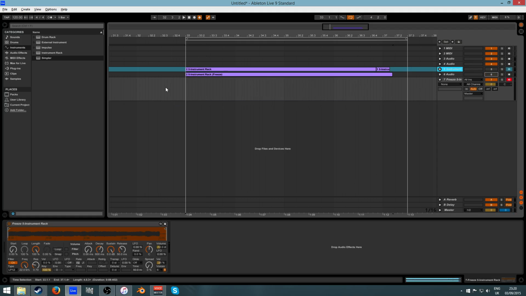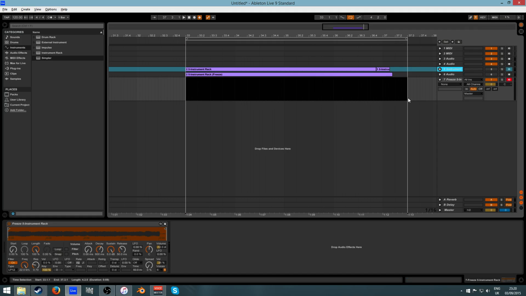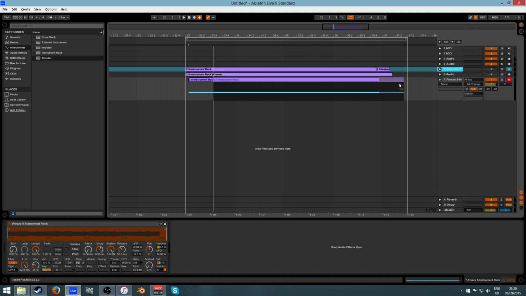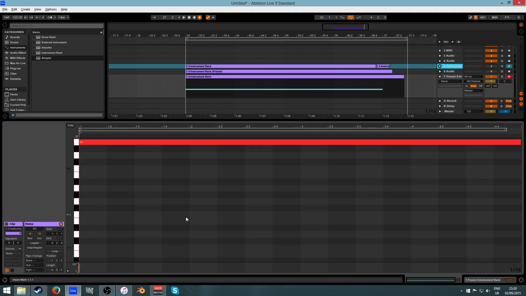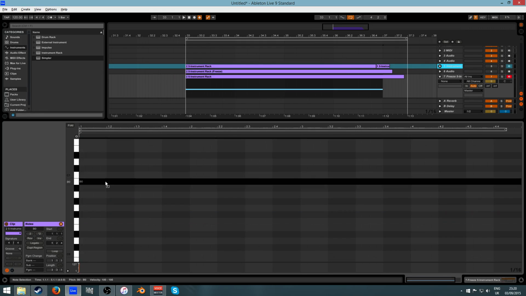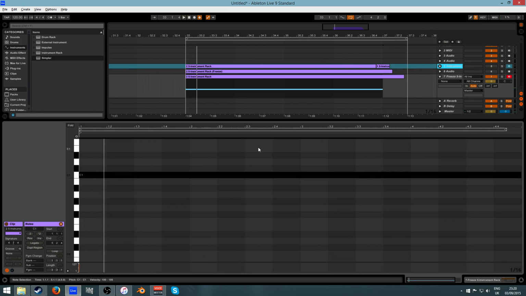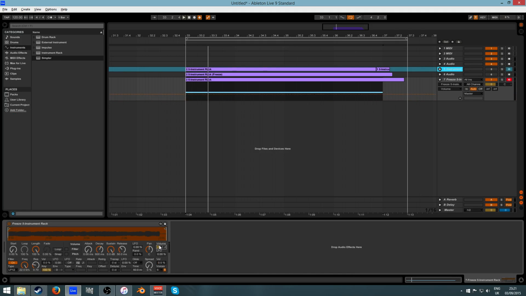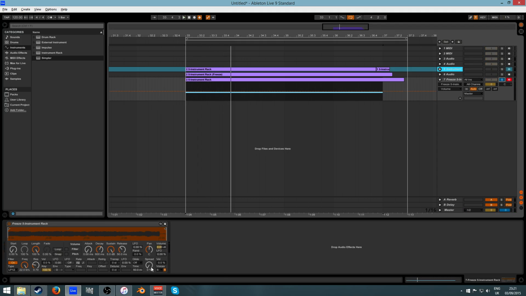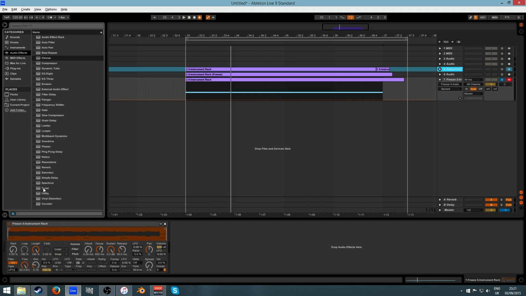you've immediately got it. So now I'm just going to draw in the note C, or you can just drag from the frozen clip, because I'm going to do that because I'm lazy. Drag C and shift it up to C3. So here we got that. I'm gonna try and